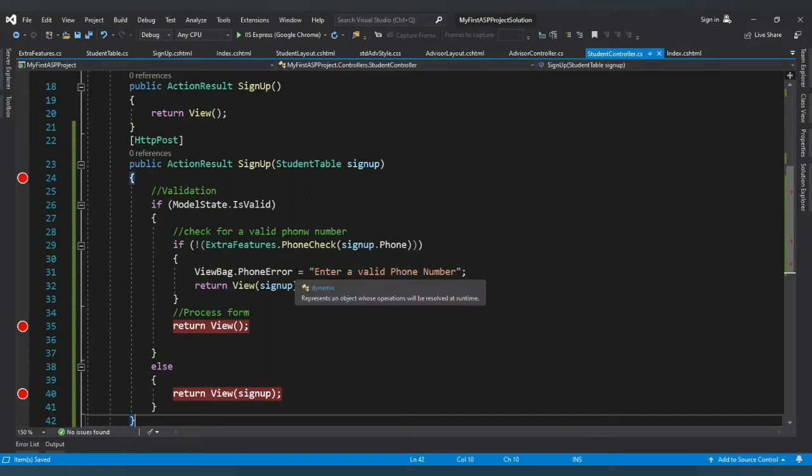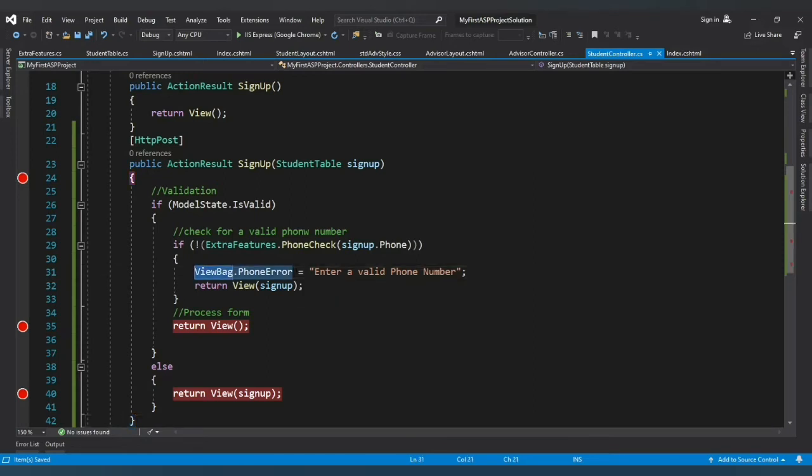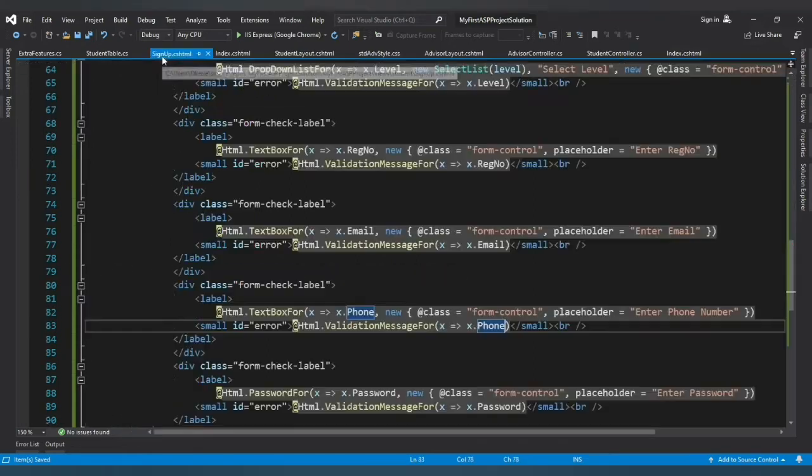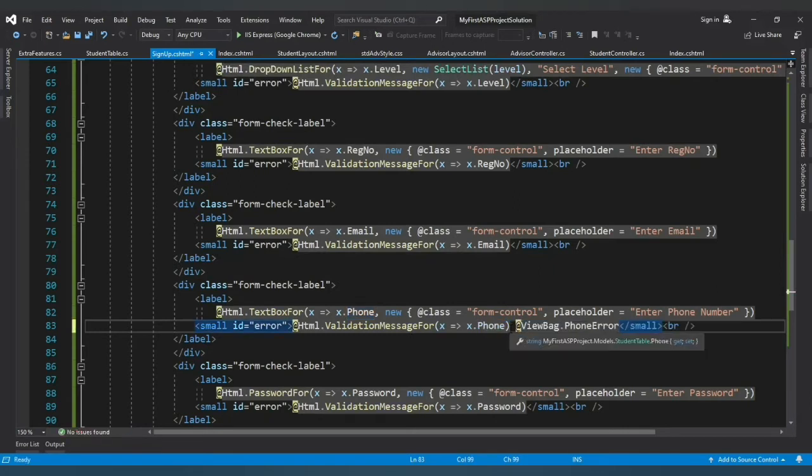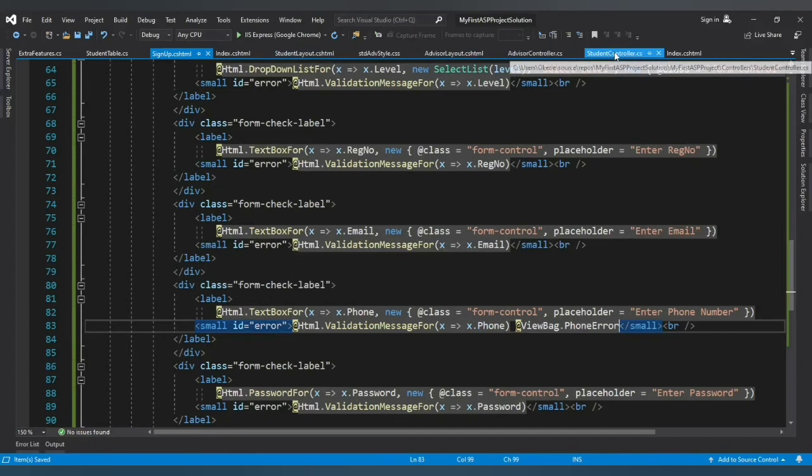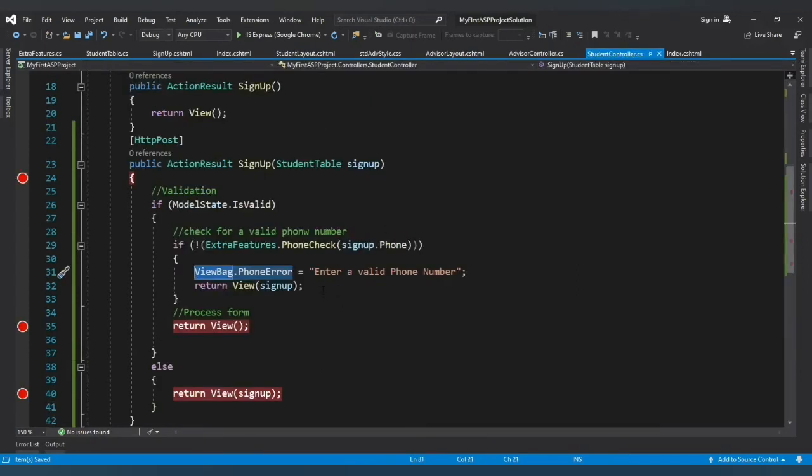so let's add the ViewBag dot phone error in our sign up. Same line with the phone. Where is phone? Okay, so here we have the validation message. We should also have this at ViewBag dot phone error. Yeah. So alright, so that should sort out the phone. So else we go ahead and